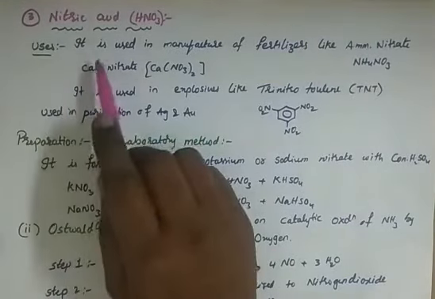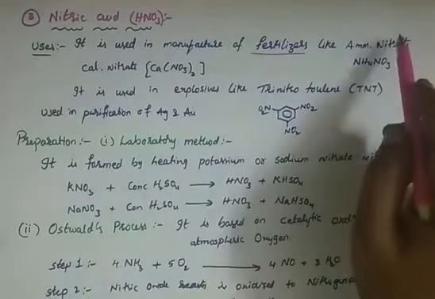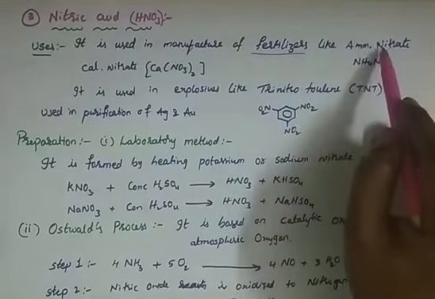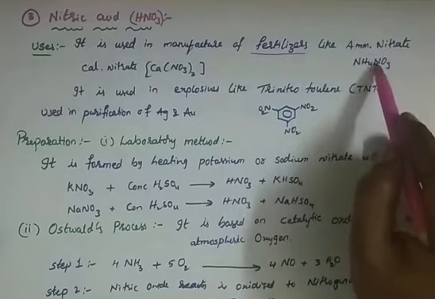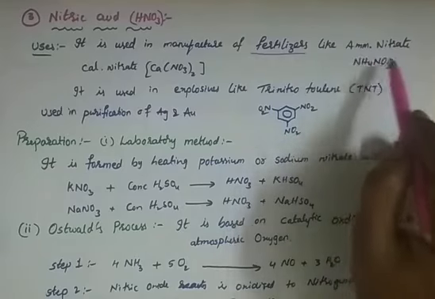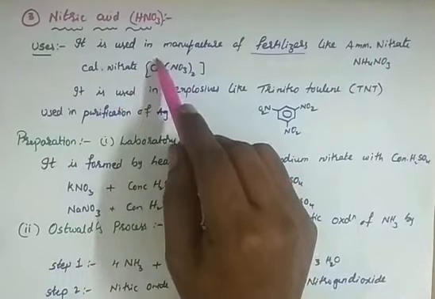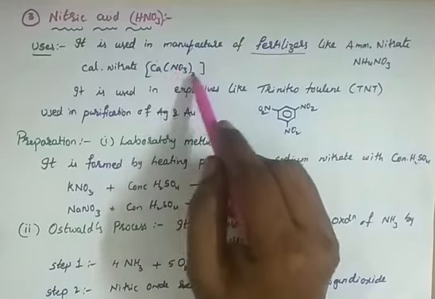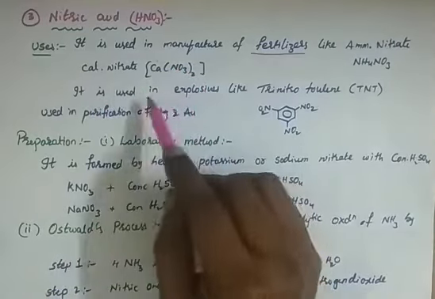So what are the uses? It is used in the manufacture of different fertilizers like ammonium nitrate. Ammonium is always NH4, nitrate always NO3, because NO3 takes 1 minus and NH4 takes 1 plus, right? Then calcium nitrate: calcium has a plus 2 charge, therefore NO3 should be written twice, Ca(NO3)2. It is also used in explosives